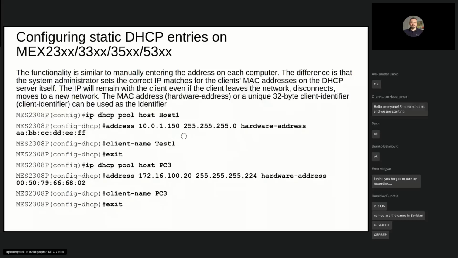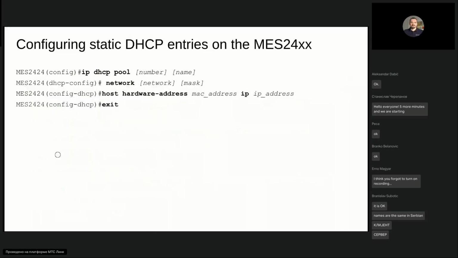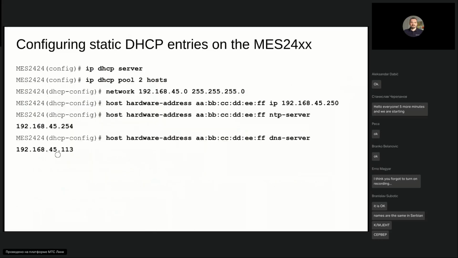This also can be used. So we have here two pools. One is for the address of ABC, which is just a completely bogus address, and it is going to receive the address 101.150. So this is just for fixed addresses. And